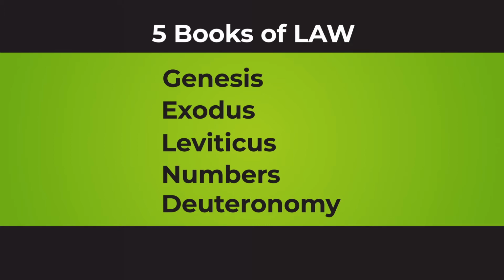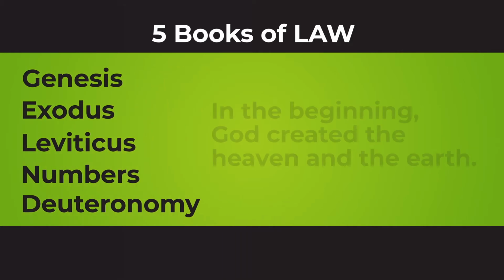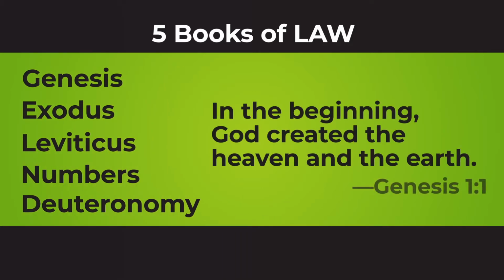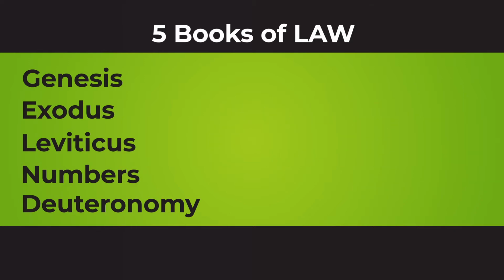Genesis begins with the creation of the world. The very first verse in the Bible says, "In the beginning, God created the heaven and the earth." That's Genesis 1, verse 1. In fact, the word Genesis means beginning. The opening pages of Genesis, the opening pages of the Bible, tell us about the origin of everything. And it even tells us something about the origin of God. He has no beginning. He is eternal. He always has been and always will be.